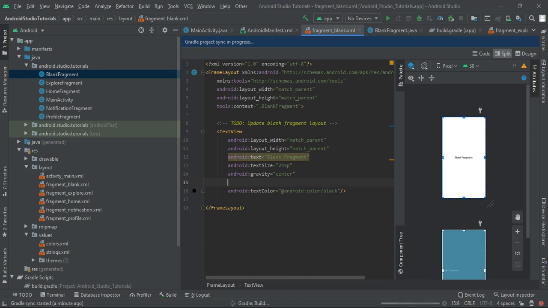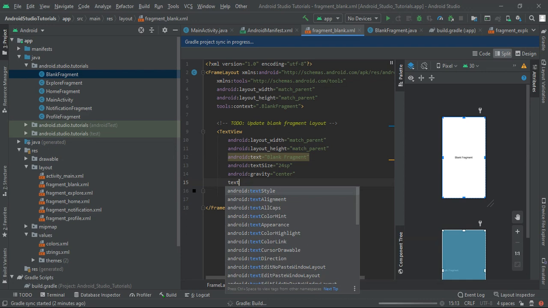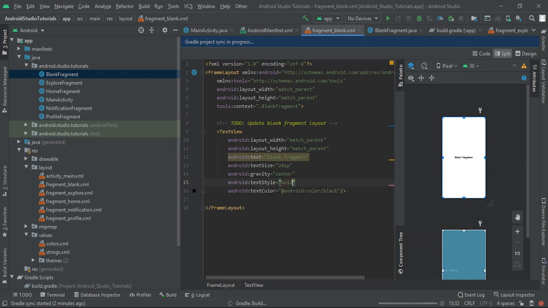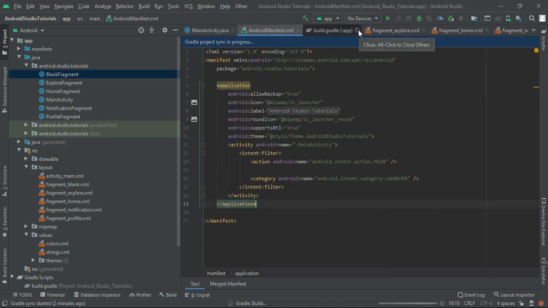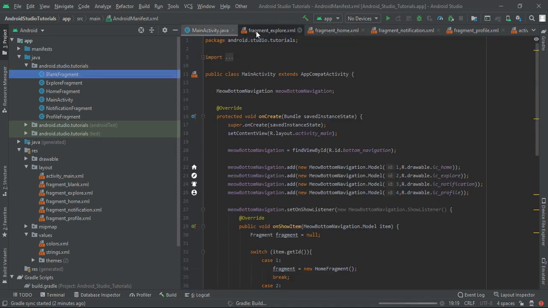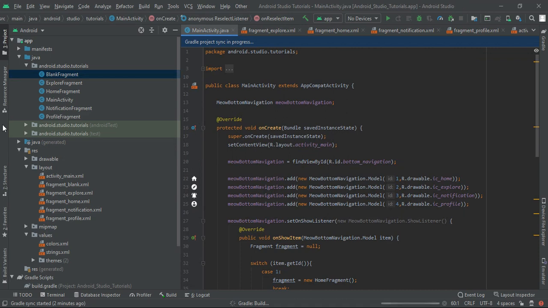then I am going to write its style. So it text style. Text style will be bold. Now you can see that we achieve it, and next I am going to close these fragments, and after adding this I am also going to close that, and now I am going to add drawable for